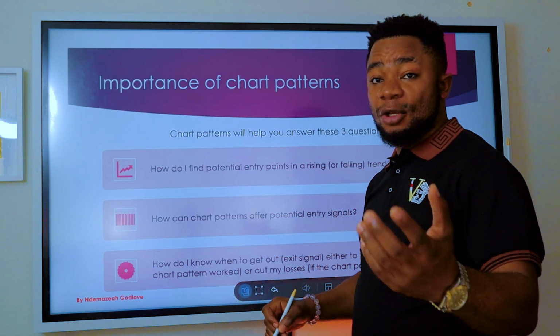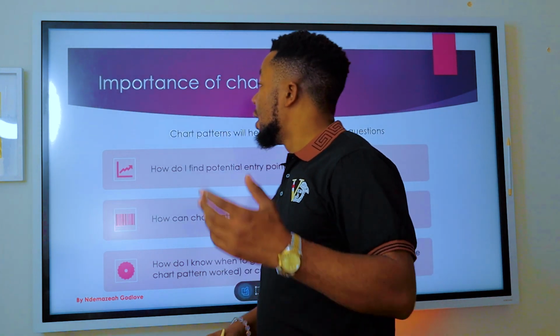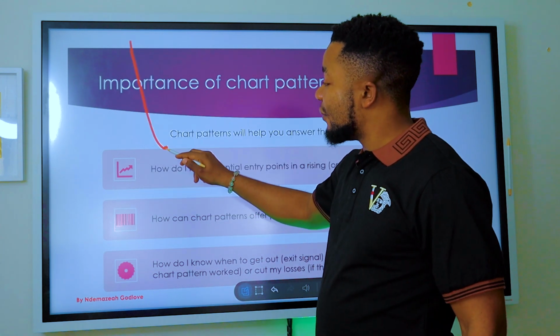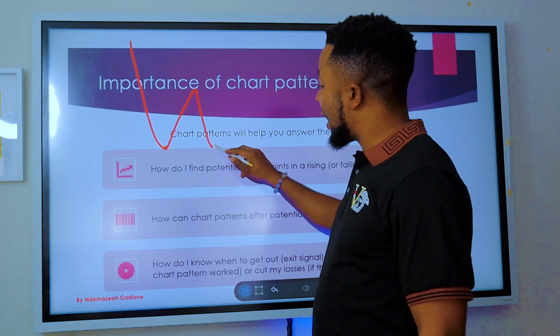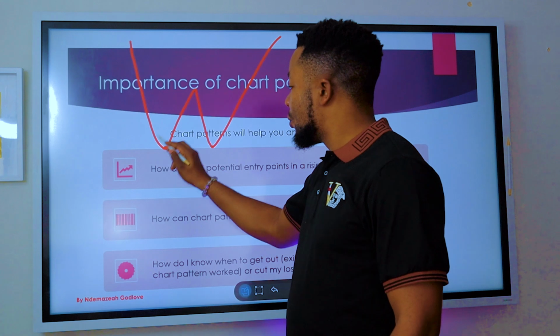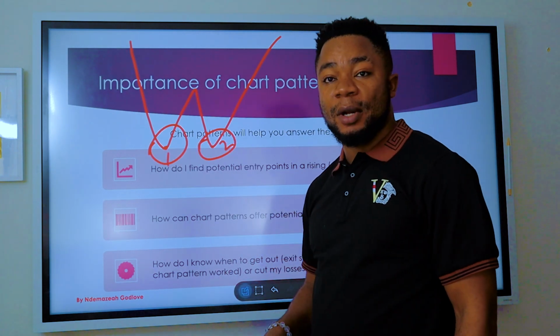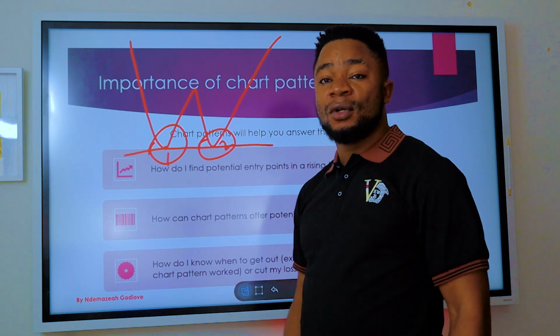Let me take something like double bottom, double top. In a double bottom, double top, the market comes to a particular level, tests it, goes up, then comes back and doesn't break that level, testing it again, forming what we call a W shape or a double bottom. Here we have our first bottom, and here we have our second bottom. That is why it is called a double bottom, because the market tests that particular level 2 times